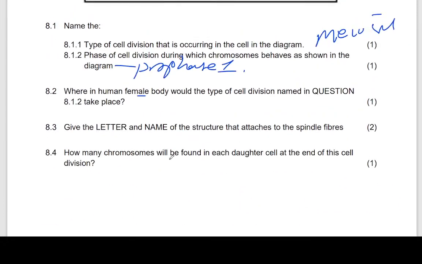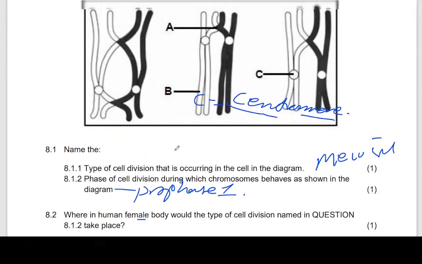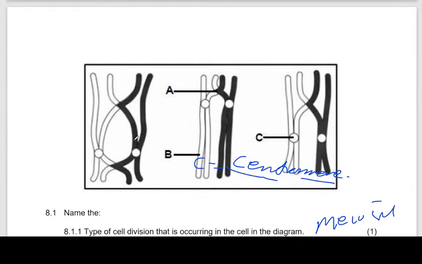So they're asking how many chromosomes will be found in each daughter cell at the end of this cell division. They are not talking about a human cell. Meaning that at the end of meiosis 2, the answer is going to be